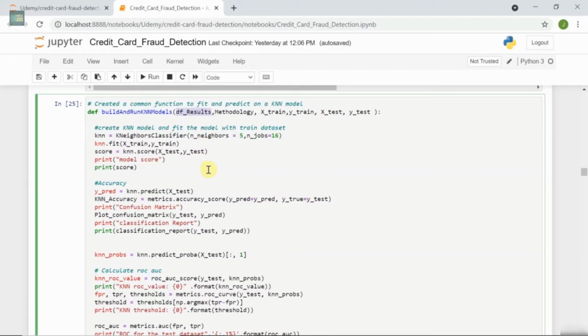Df results, by now you understand, is the consolidated result of the models that we have created, with the accuracy score, with the ROC AUC value, with the methodology value in it. So we are passing it to this method as a parameter. Not only to this, all of the methods that we are going to create, we are passing this as a parameter. The reason being, when we select a particular methodology and want to create and evaluate all these models for that methodology, it's very important that we store the results of the earlier